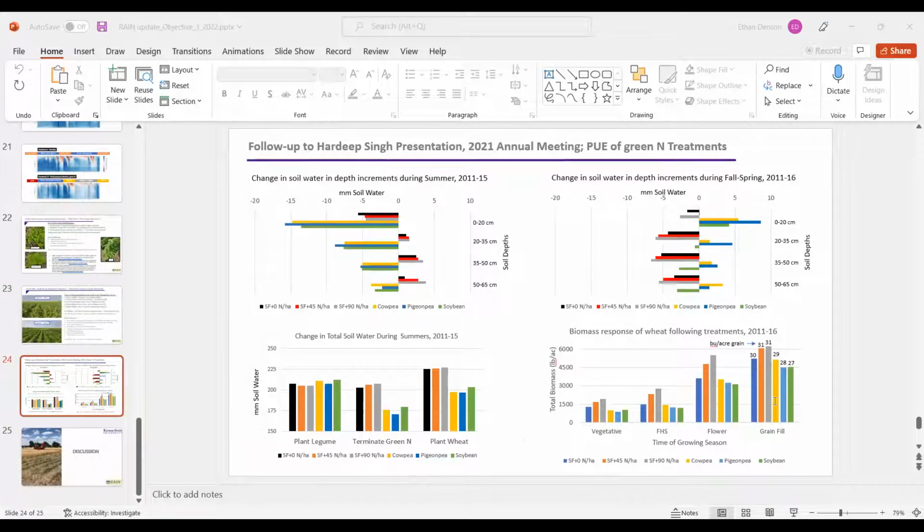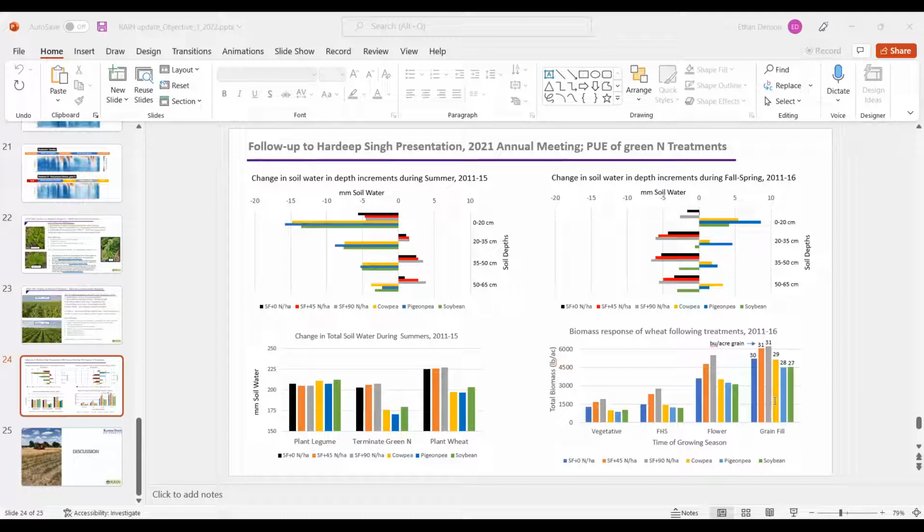This is a little extra one. Last year, Hardeep Singh, who was my postdoc at the time, did some stuff on precipitation use efficiency in winter wheat green manure systems. One of the questions that kept popping up is what happens with soil depths. Since I was the guy actually analyzing that, and I wasn't even close to done when that happened, I'm going to try to get you through this. Upper left is changing soil water from the day you plant your green manure or start a summer fallow to the day it ends. The one on the upper right is when you plant your wheat in the fall till the next spring when you harvest it. So anybody wanting to look at depth,